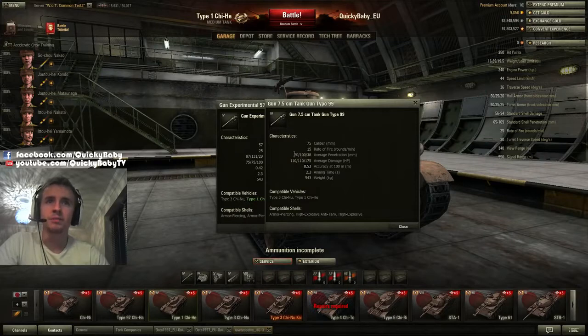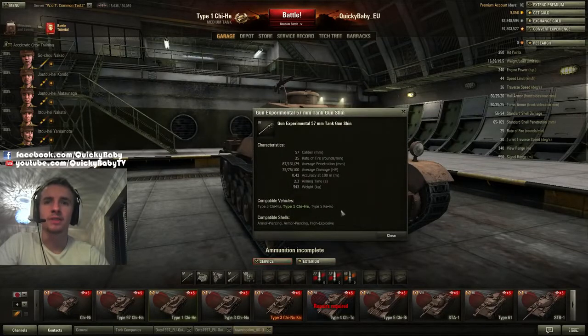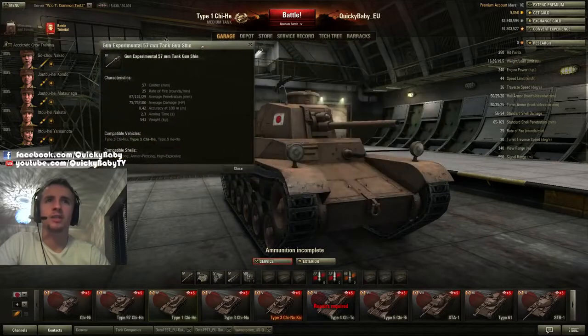You're going to lack penetration, but you're going to really pack some alpha damage with 110. However, I would still recommend that the 57mm is probably more than enough at tier 4. When you compare this to the Matilda, however, you're really going to lack that penetration to be able to go